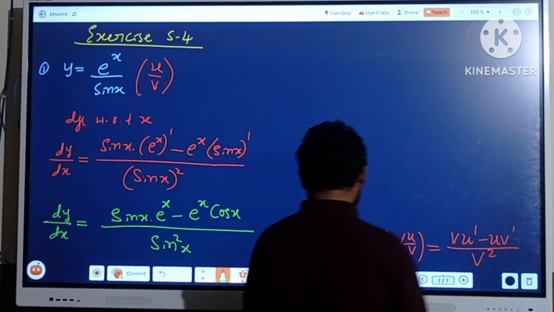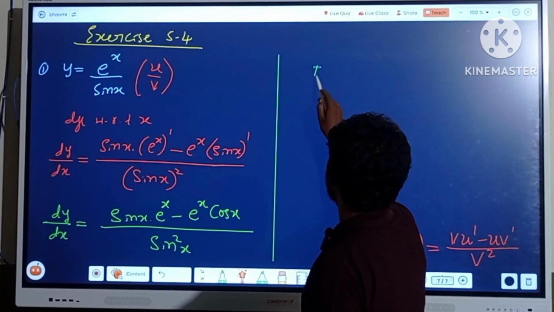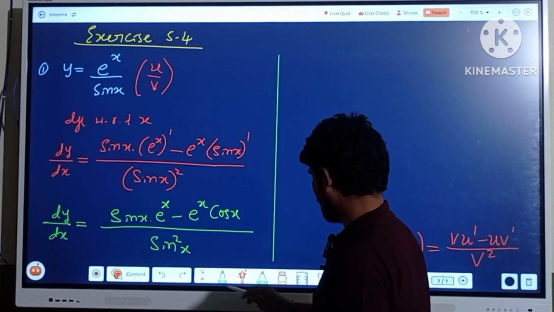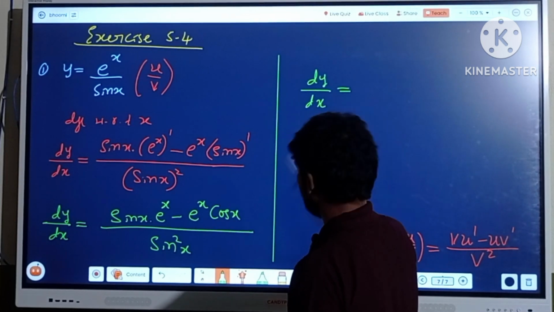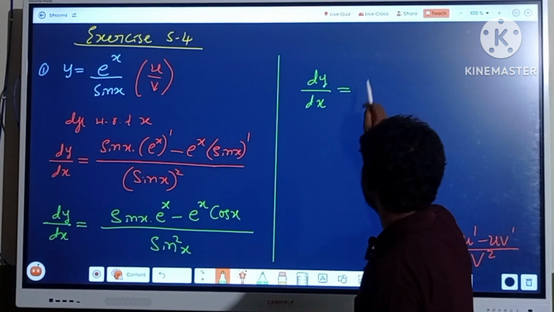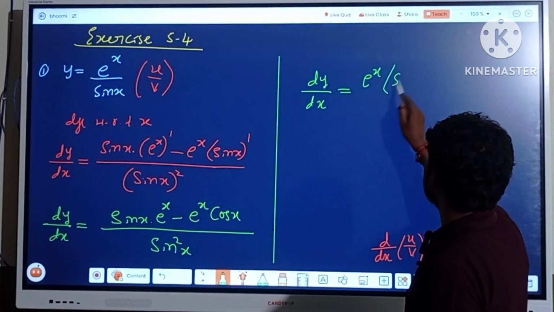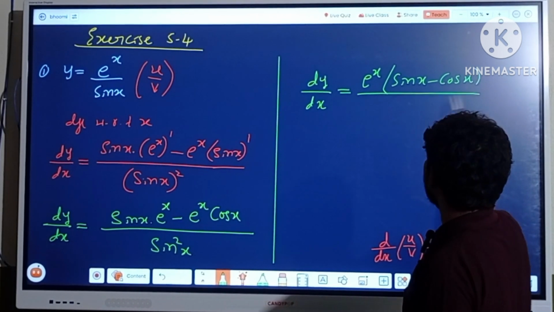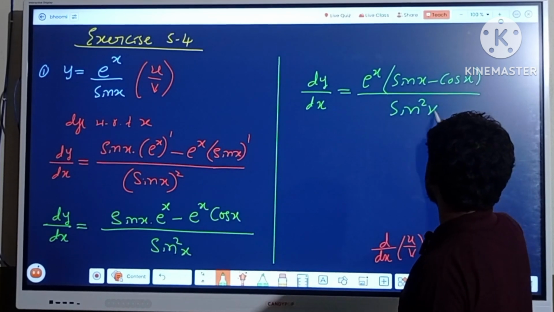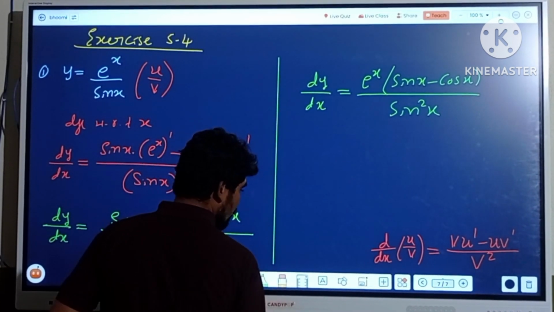So finally we got dy by dx is equal to, in the numerator here we may take e power x as common, remaining sin x minus cos x, divided by sin square x. I hope all of you are understanding. So now the next, second question is